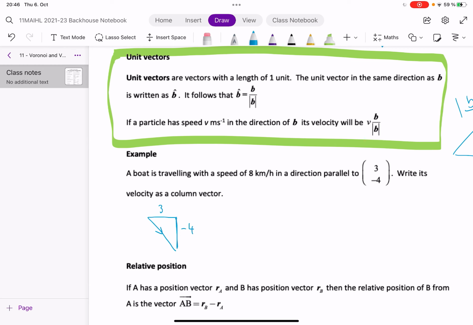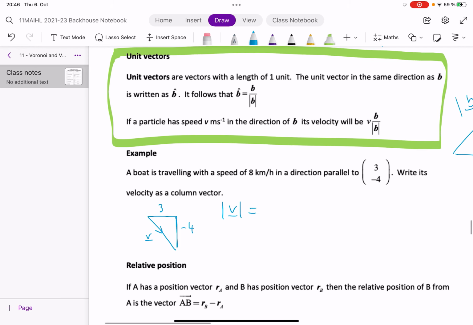Let's give this a name. Let's call it V. So the magnitude of V is square root of, oh, we can see that was 5, can't we? 3 squared plus -4 squared is 5. So at the moment, the vector (3, -4) has a speed of 5 kilometers per hour, but we're actually told the boat's traveling at 8 kilometers per hour. So we need to make it go faster. We need to make the vector